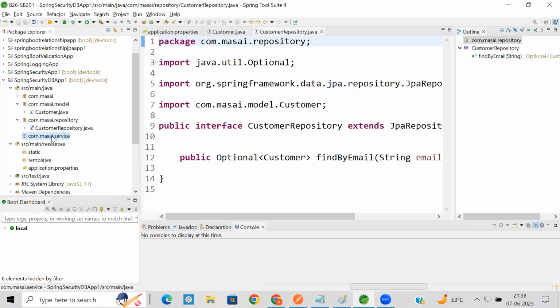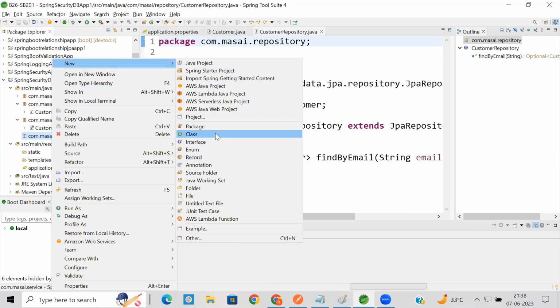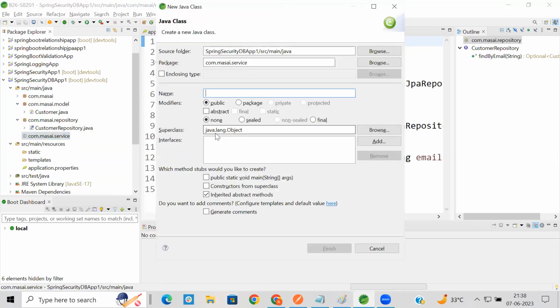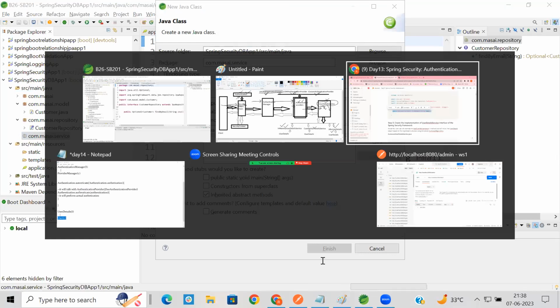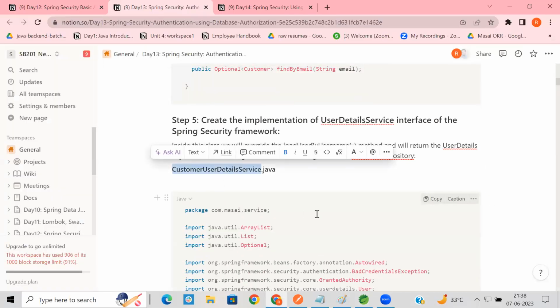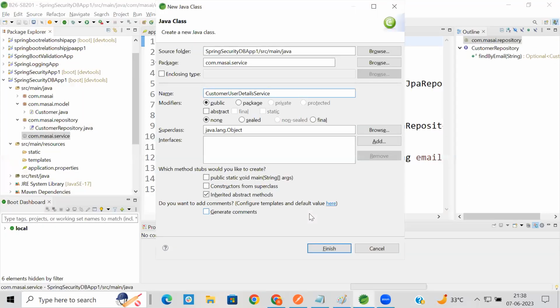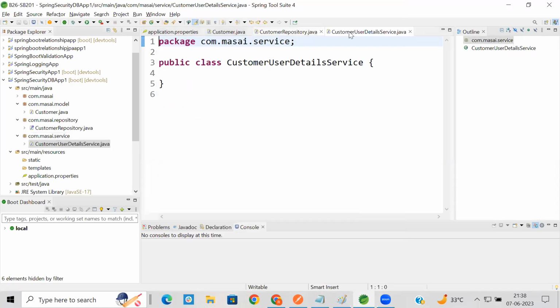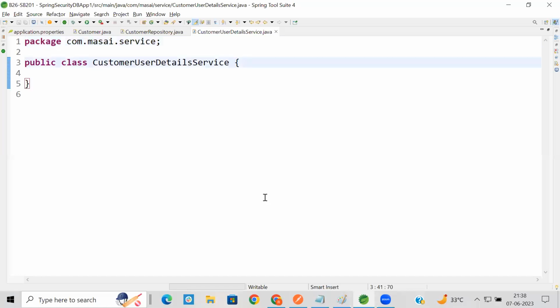And inside this, I'm creating one class. And that class name, you can give anything technically, but I'm giving here the class name is CustomerUserDetailService. It is not InMemoryUserDetailsManager, which we were using in the previous example. This will be our customer's UserDetailService class, and which interface will this class implement? It should implement